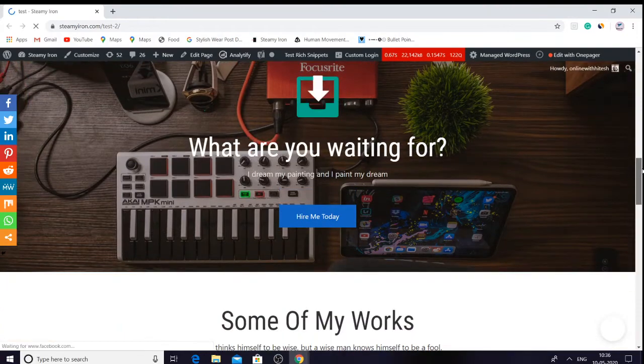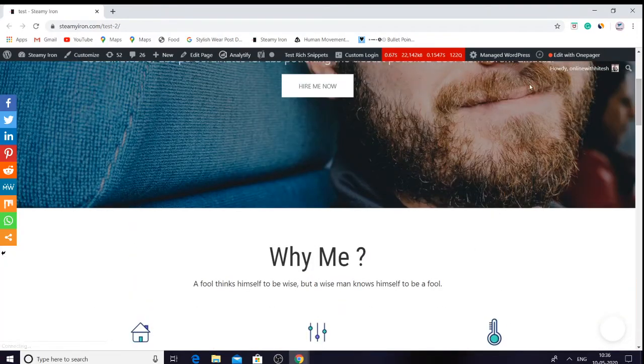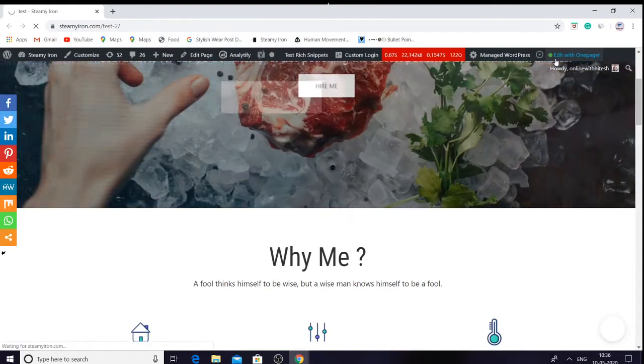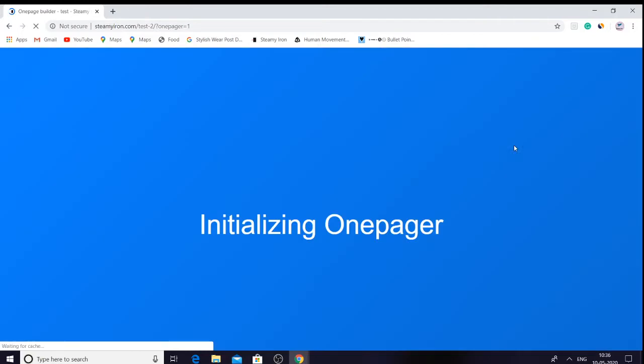For any website, you can see all the templates are pre-built. Now what you have to do is edit with One Pager. Let it process. Still processing.